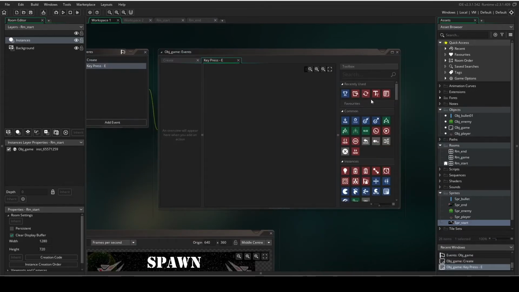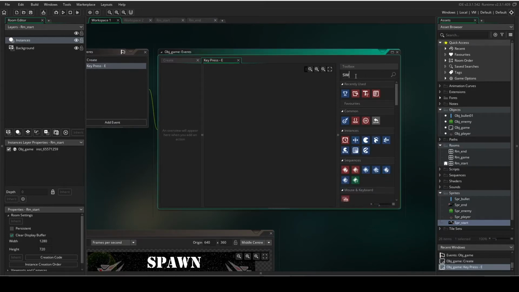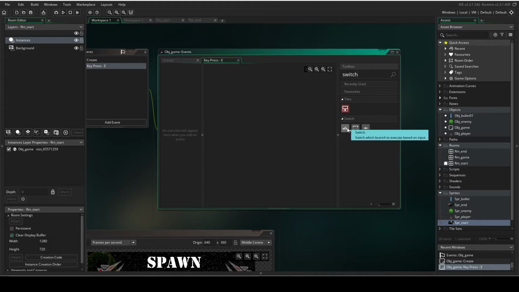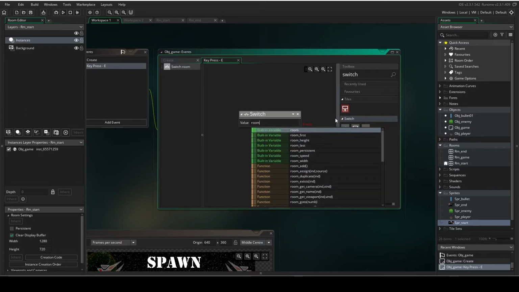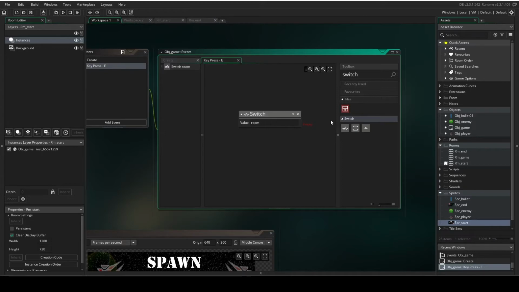Right, now there are going to be 2 actions that we use here that you won't have seen before. And the first of those is switch. So this is going to set a switch depending on which room we're in. So we're going to have to change the value to room so that it's working off of the room, if I can spell that. Okay, so we've got room in there, and then the other action that we're going to need is a case. So we're saying the switch is going to work on the rooms, but it's going to work in the case of being in